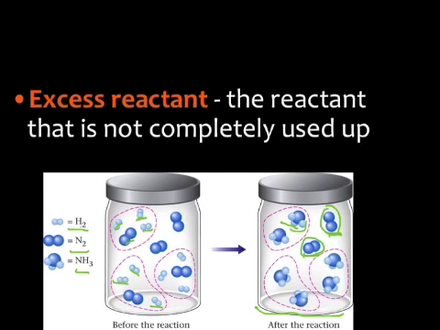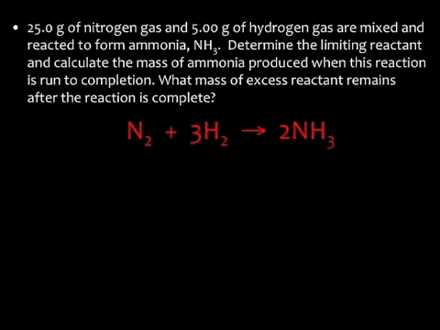So let's look at how to apply this when we have a chemical equation. In this particular reaction, this is our chemical equation for the reaction that we were just looking at. So our reaction is nitrogen gas plus 3 hydrogen gas gives us 2 moles of NH3, which we also call ammonia. So if we start out with 25.0 grams of nitrogen and 5 grams of hydrogen, we want to know how much ammonia or nitrogen